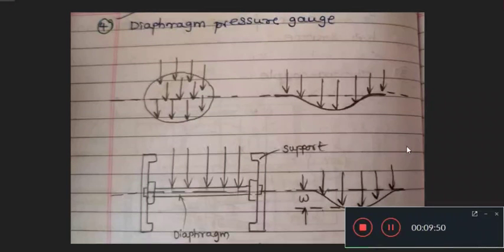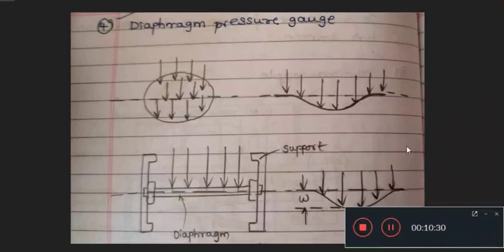Okay, students, now we shall go for the measurement of pressure. First we must know what is meant by pressure. Pressure is load per unit area, that is, the force applied on the body. Force applied on the water, force applied on the liquids, or the force applied on the gas, force applied on any material per unit area is called pressure. The pressure can be measured in Newton per mm square, or it may be kg per centimeter square. That is how we are going to measure the pressure itself.